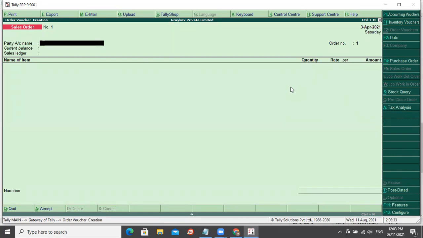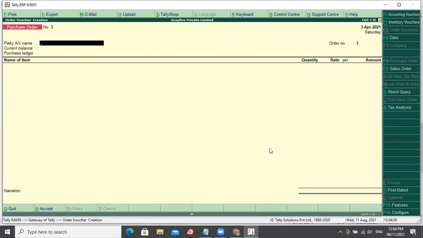So I just want to know, is there any configuration which you have done for the purchase ledger? See, actually, we need to understand where you have configured the GST. Have you configured at the ledger level or have you configured at the item level? Item level. If you have configured at the item level, it will automatically pick. But if you have configured at the ledger level, it will not pick from the item, it will automatically pick from the ledger. Okay. So maybe I'll discuss this with you separately.